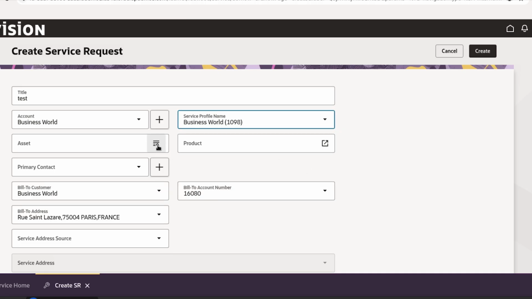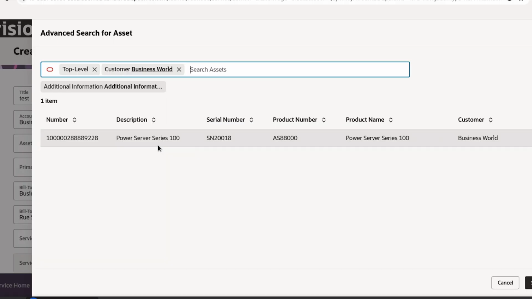And now we're going to click into assets. So when there's no assets, right now I'm an admin. I believe I could just see everything. But the nice thing is when the account that you select has assets, it'll filter it so that you only see the assets that that customer has. And that comes in handy because then it refines the search and makes it much simpler for those looking for the product. So I'm going to select it, hit select,